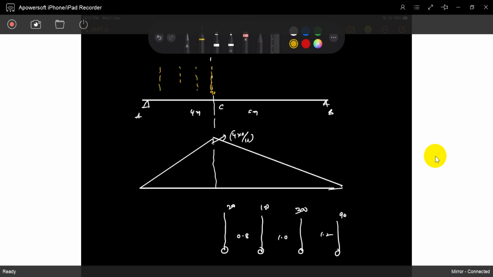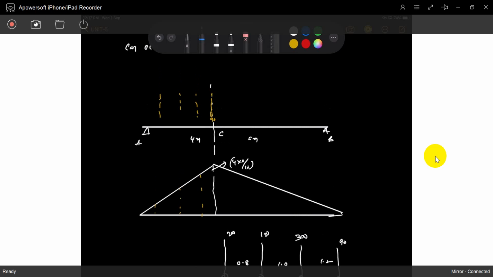No. By simply looking, sir, the load on CA is more. So the influences are very low. You can see if you put it like this, you will get the influences like this. Load multiplied with influence, you will get a low value. So you have to arrange it such that this does not happen. So now I will put it like this.